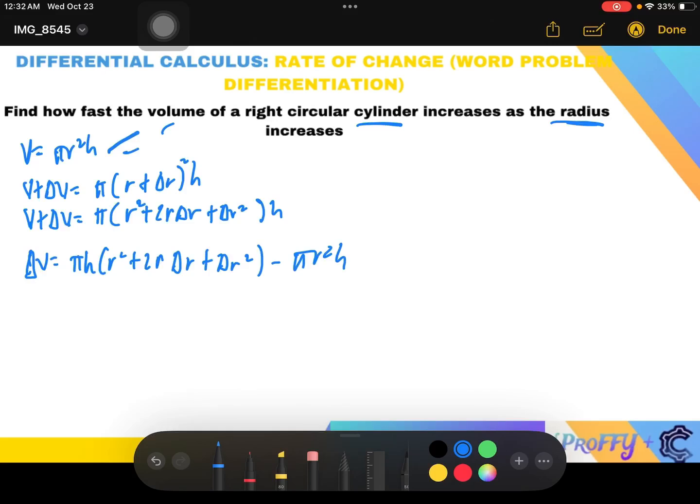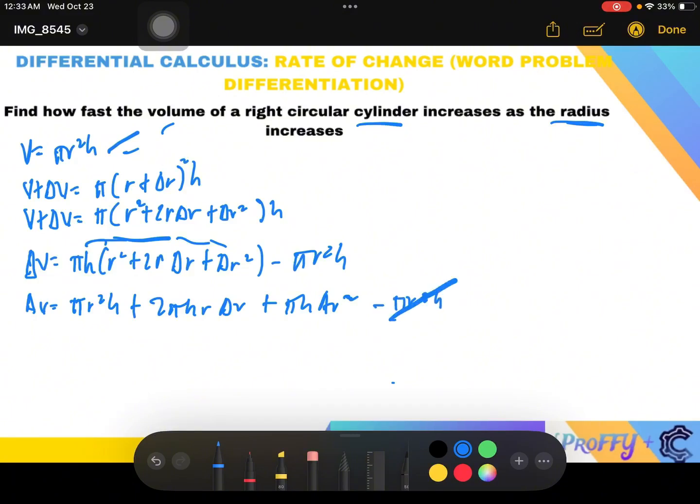So delta V is equal to, distribute isa-isa, pi h r squared plus 2 pi h r delta r plus pi h delta r squared, minus pi r squared h. This will cancel. Then natira is delta V equals 2 pi h r delta r plus pi h delta r squared. Then divide both sides by